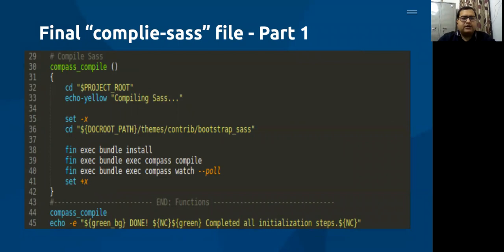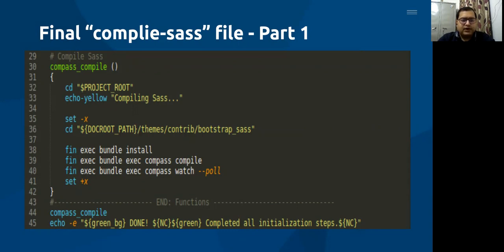Here we create a function, compass_compile. Inside that we execute all the required commands. First of all, we move to the Drupal root folder of our project, and then echo yellow. With the yellow color, we show the message compiling sass.